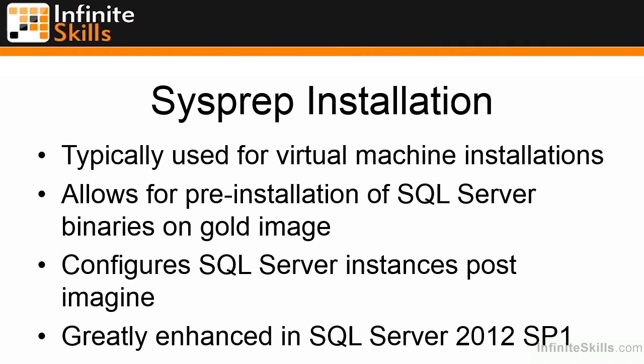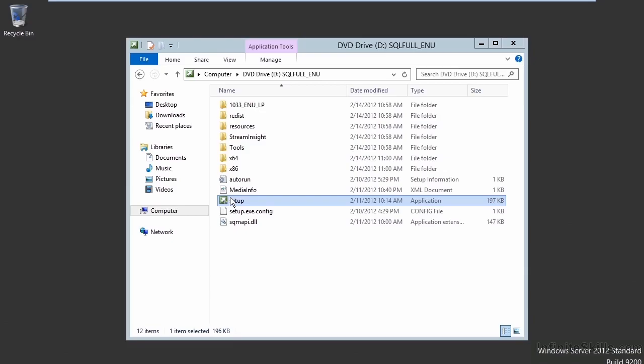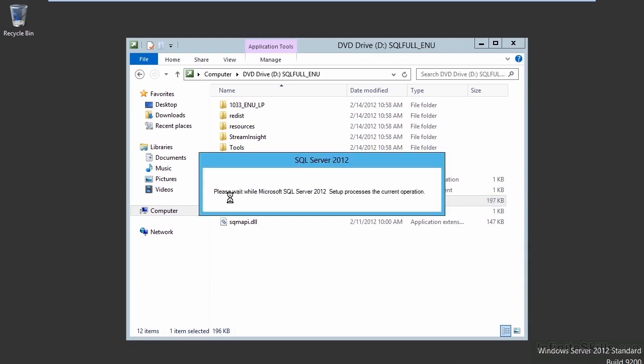Let's go ahead and look at a demonstration of how to do that installation. First thing we're going to do is launch the SQL Server installer, just like we did on our normal full installation machine. The SysPrep process is done from the traditional installer. Once the traditional installer is up and running on the screen,